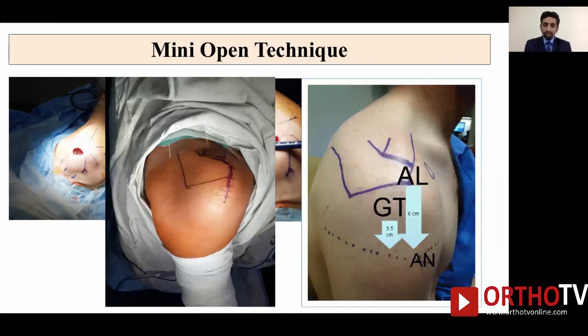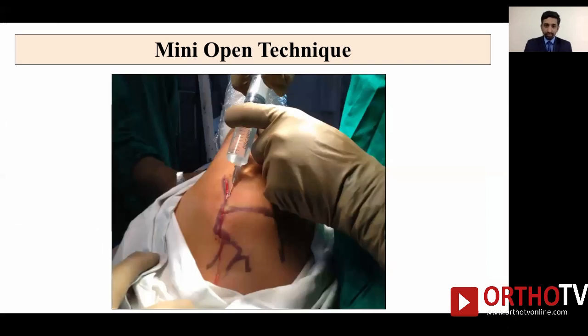The axillary nerve courses from posterior to anterior, and it is much more proximal posteriorly, while anteriorly it is almost 6 centimeters distal to the tip of the acromion, and that is what makes this incision safe with respect to axillary nerve involvement. The vertical incision is taken along a line continuing with the anterior margin of the clavicle, starting from the anterior edge of the acromion and going around 3 to 4 centimeters down. I tend to infiltrate it with a diluted adrenaline solution for better hemostasis.